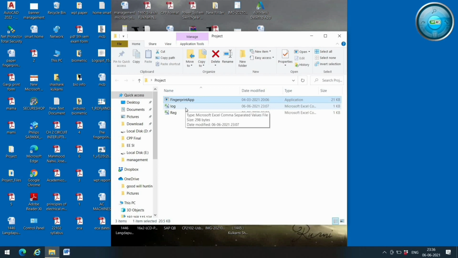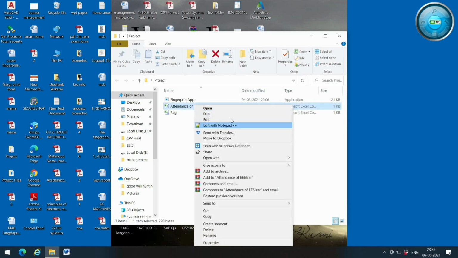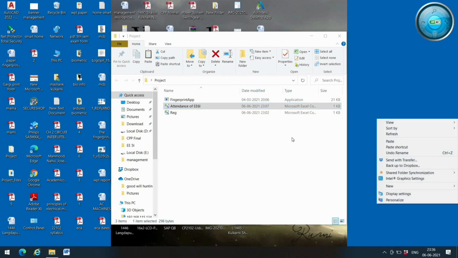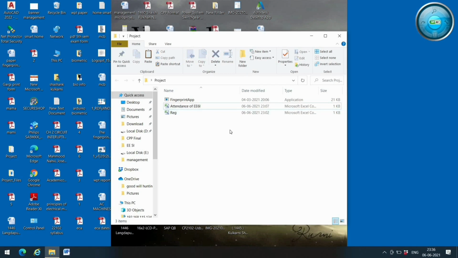We can transfer these files and take a printout of it, or we can rename this file, attendance of EE6R. You can transfer this file, copy or paste in your pen drive. Thank you very much.